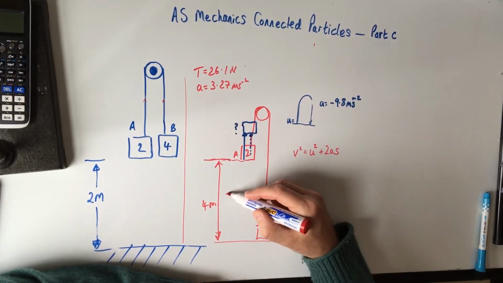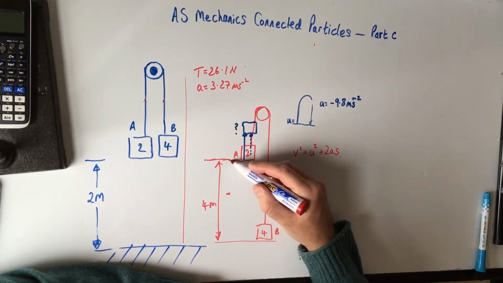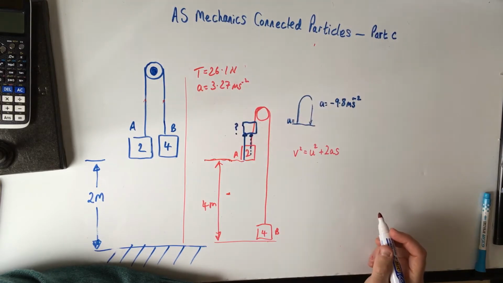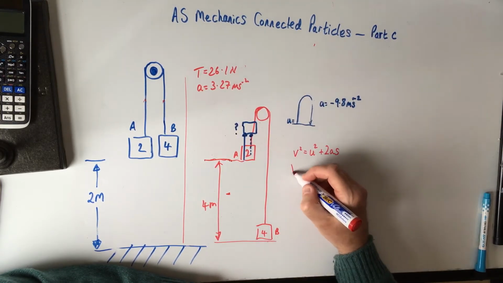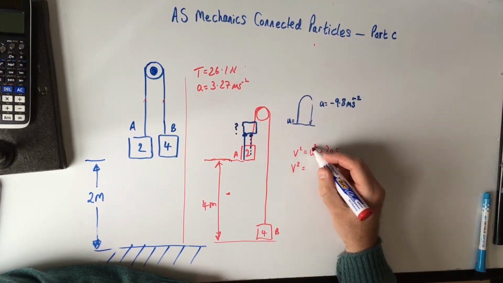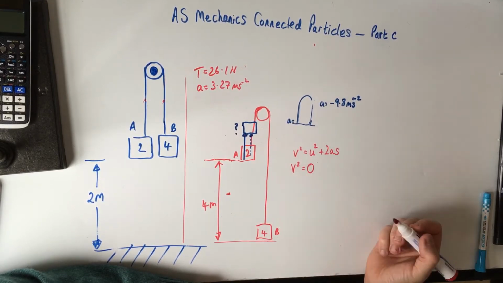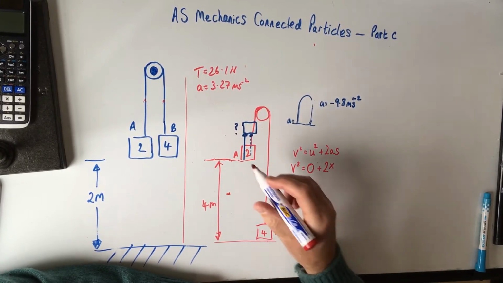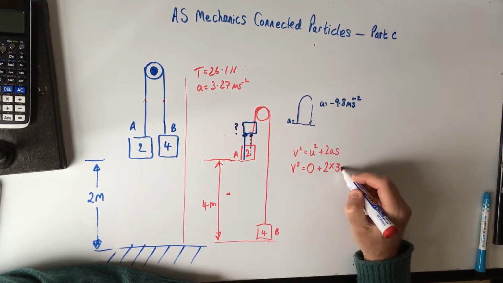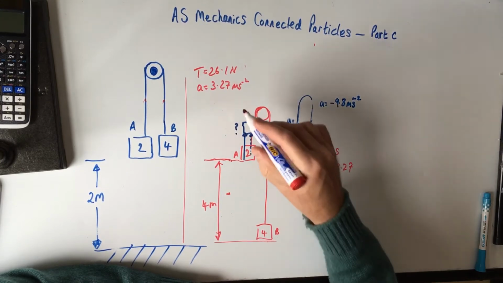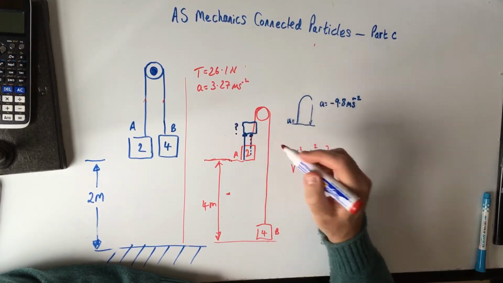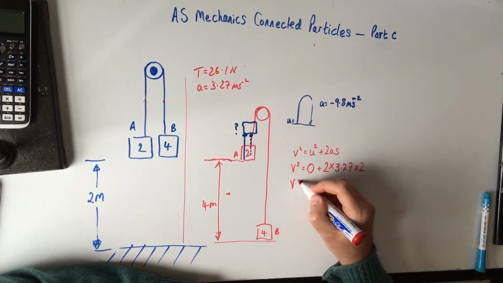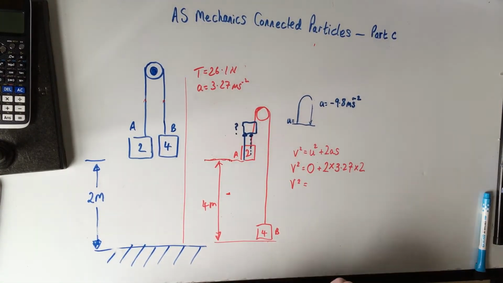It was originally here, 2 meters above the floor, but it's traveled another 2 meters, and all the time it's been accelerating up at 3.27 meters per second squared. So the initial velocity was 0 because it started from rest, plus 2 times the acceleration, 3.27, and it's been travelling for 2 meters. So the velocity squared is, if we work that out,